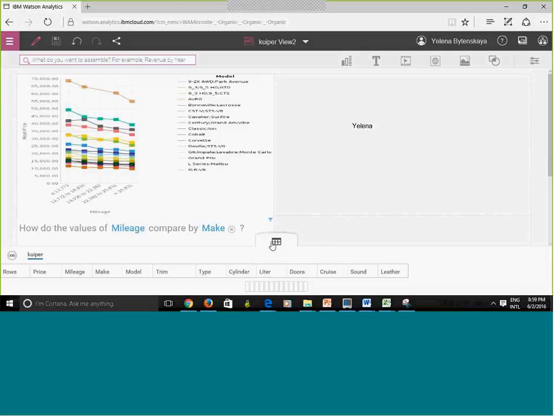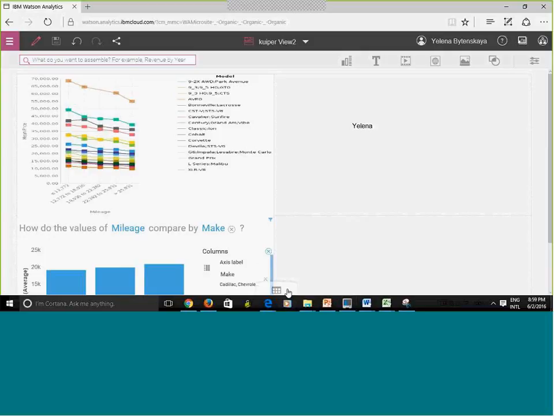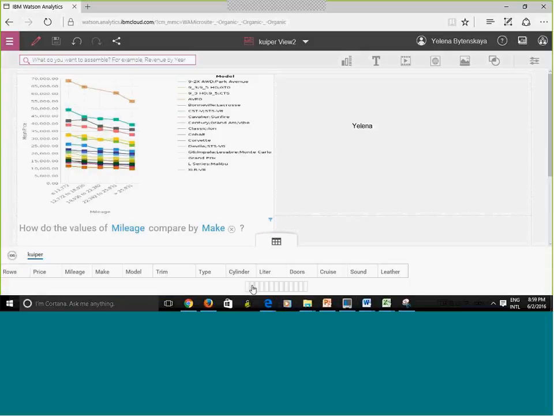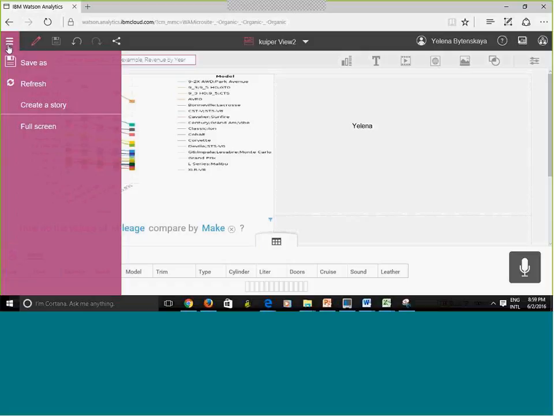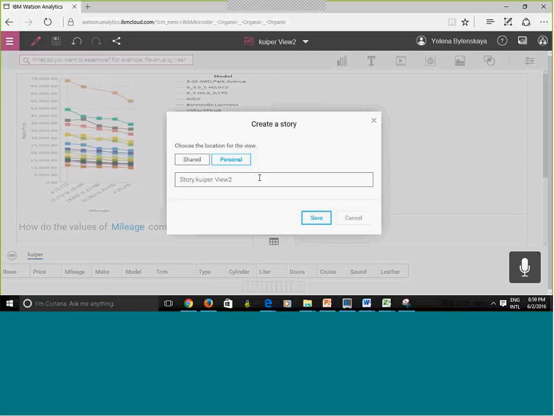So what I could also do is apply filters right here in this area. I can filter and I can do the sortings. So we see that piece. Oh, here we go. Let me click. Oh, here it is. Okay, got it. Create a story. Look, it's in here. There we go.